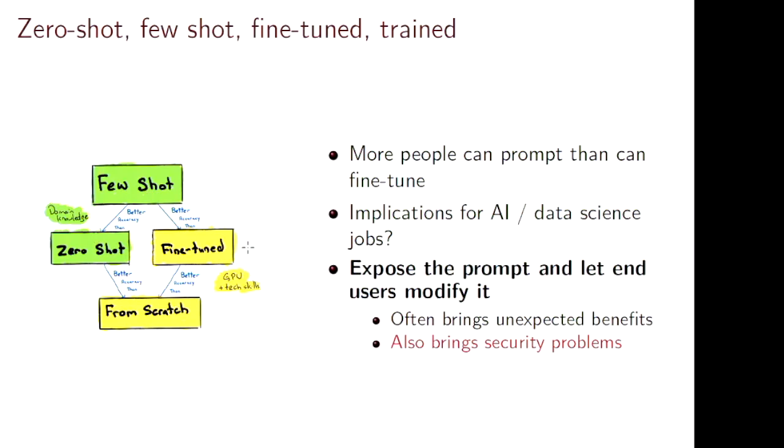Which means that over on the green side, there are a lot of people that can understand how to prompt something. On the yellow side, there's not as many people who know how to fine-tune or train a model from scratch. That's why you're in this course, so that you can learn how to do it and make lots of money from it. There's just something slightly disturbing about this. I realise it's kind of depressing in the middle of a unit to say it may be the case that these skills on the yellow side are not as valuable as the skills on the green side. Quickly switch courses and learn something else.